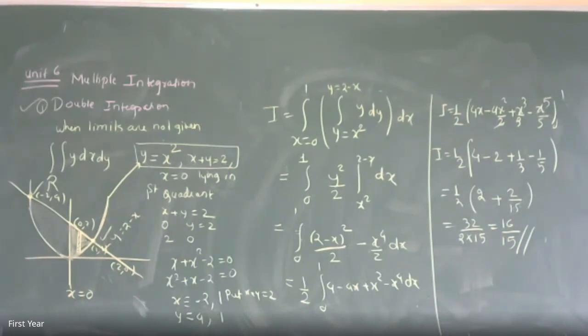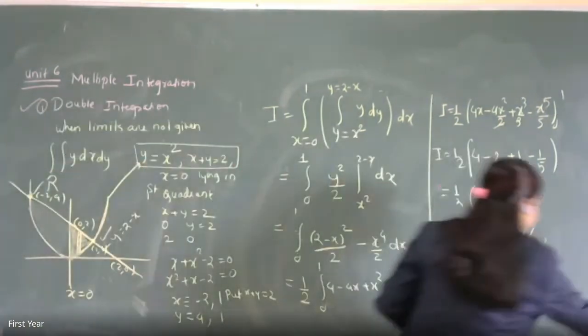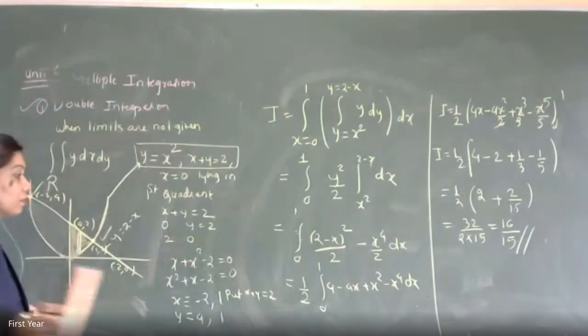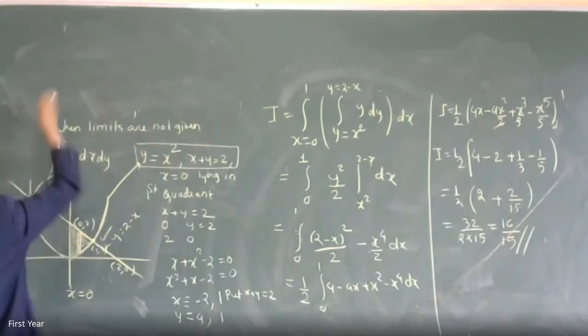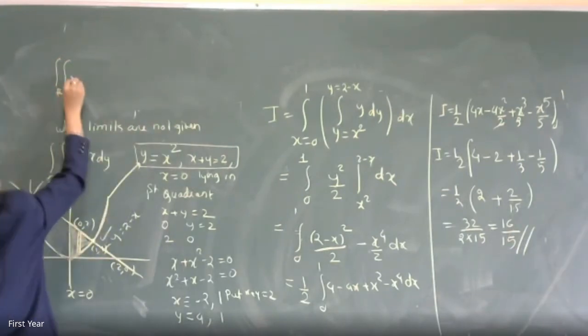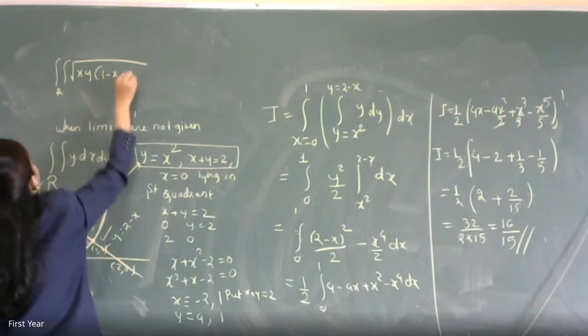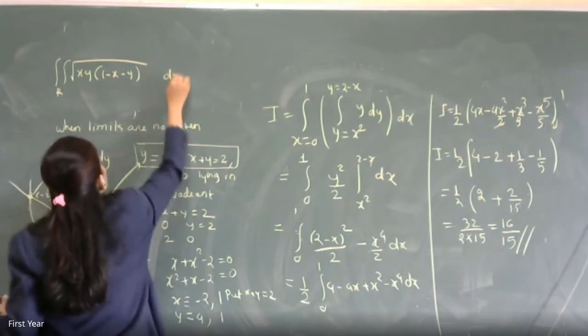Evaluate the double integration over R of square root of xy into 1 minus x minus y, dx dy,